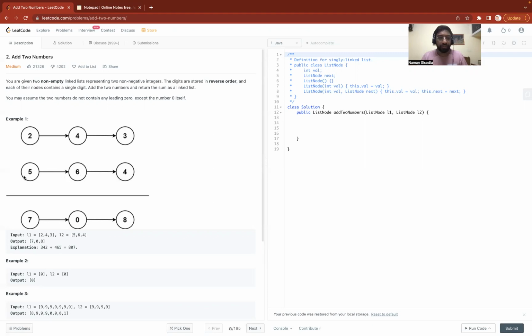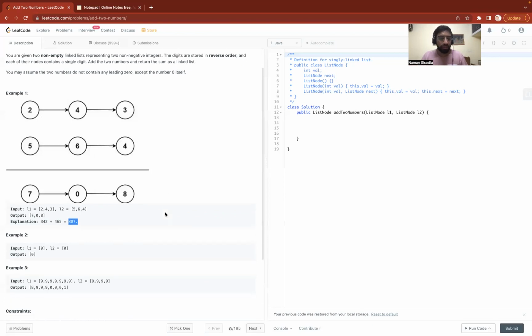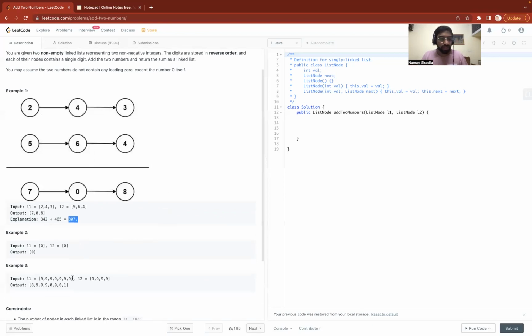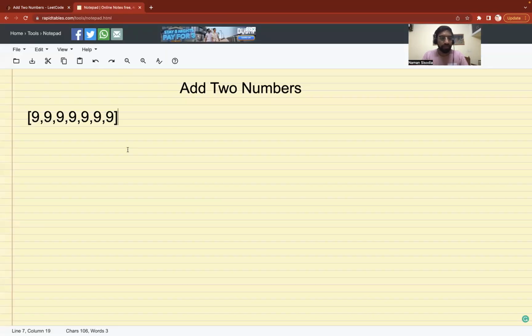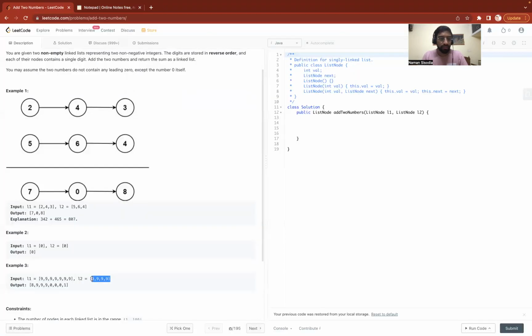564 is 465. So what is the sum of 342 plus 465? It is 807, right? And we need to pass the answer in the reverse order, 708. So let's take this example. I will explain it. This is our first linked list, and another linked list is this number,